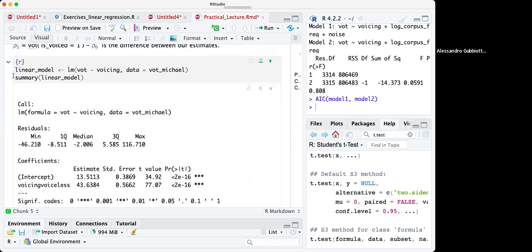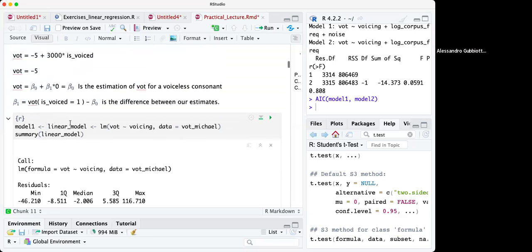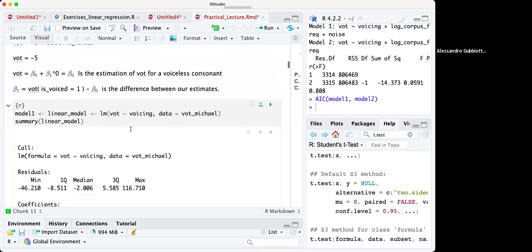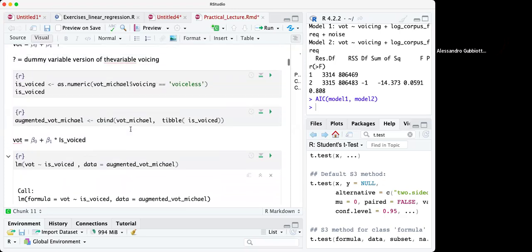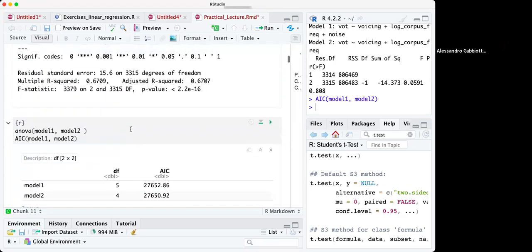So let me call this model 1, the one in which I predict the vocal onset times using only the voicing variable. And let's see if